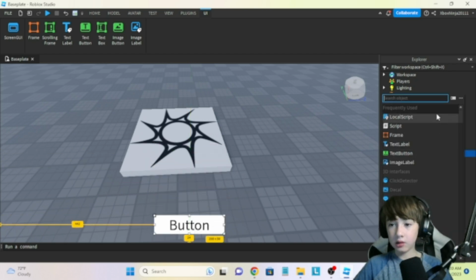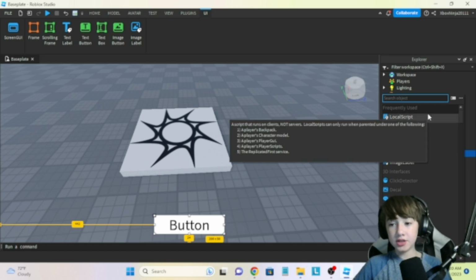And let's add a local script to this, because in GUI stuff, you want to add a local script. What a local script is, it's a script that's stored locally on the client. A server script, on the other hand, is a script for all the people that are playing. So we're going to add a local script,